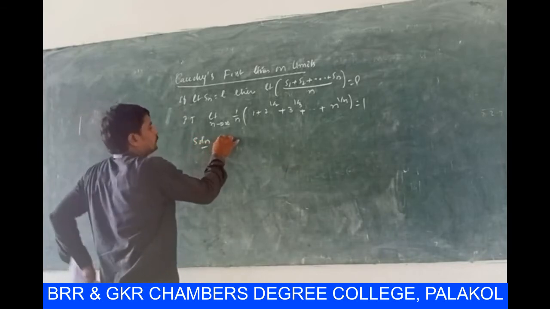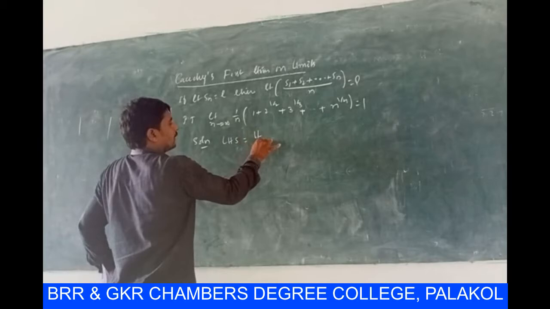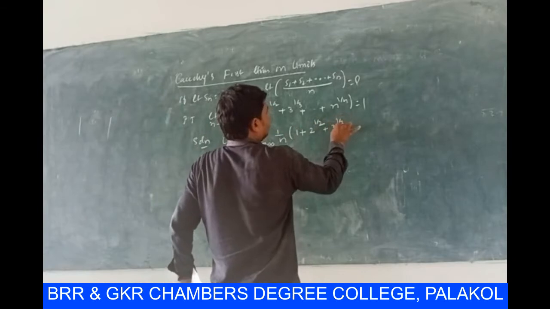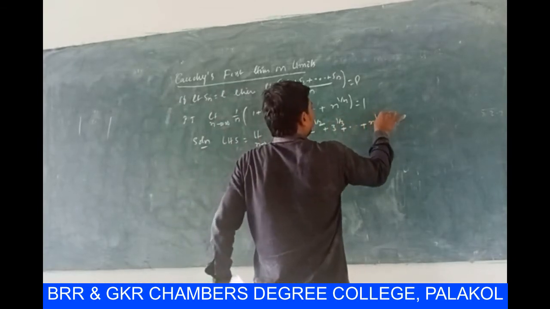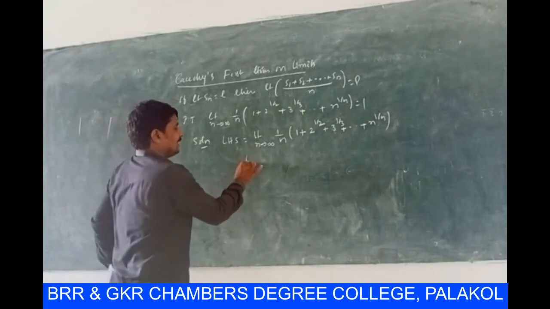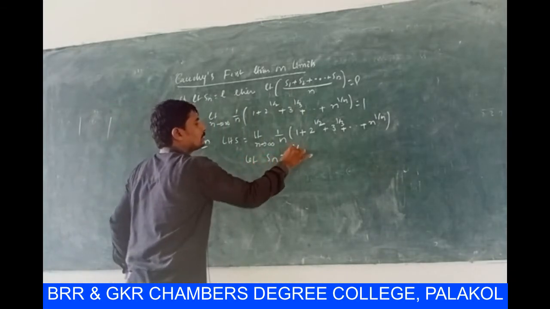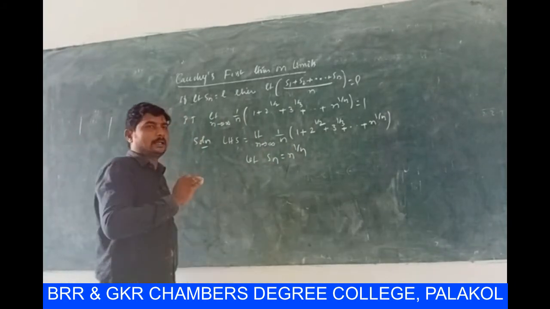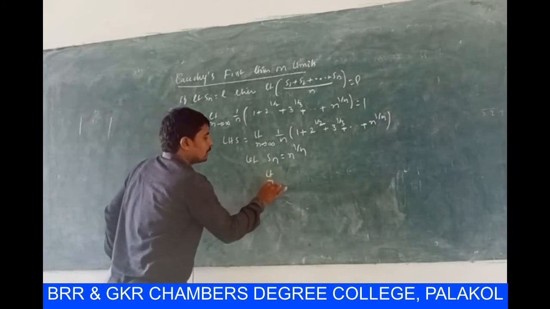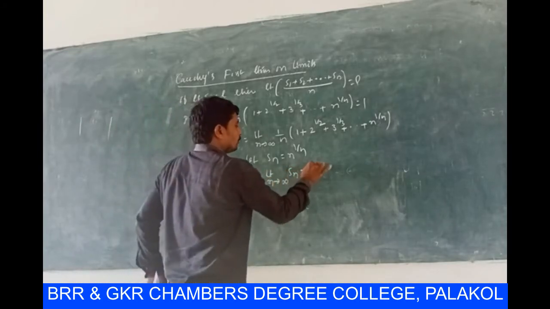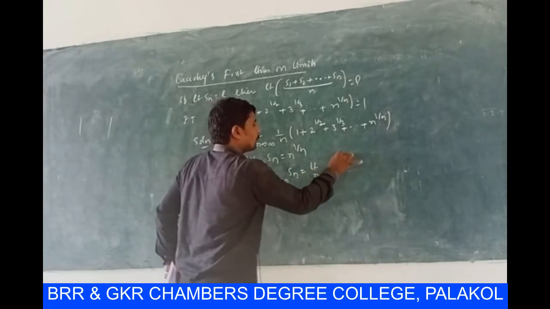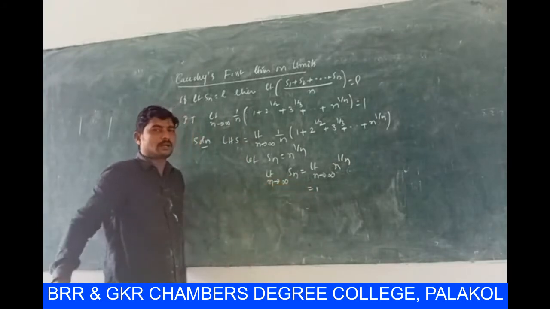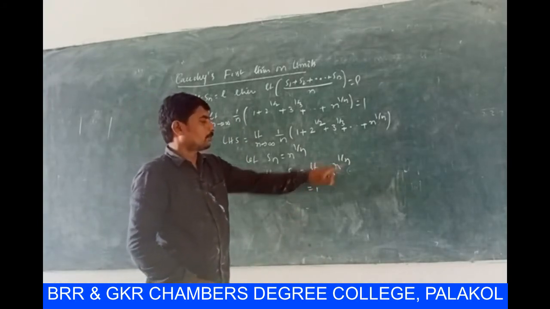So now, the solution. The given problem is LHS equal to limit n tends to infinity 1 by n into (1 plus 2 power 1 by 2 plus 3 power 1 by 3 plus and so on plus n power 1 by n). Let Sn be equal to n power 1 by n. I am taking the last term, n power 1 by n. Then apply the limit on both sides. By applying limit n tends to infinity, Sn is equal to limit n tends to infinity n power 1 by n. But already we know that this value is 1. Since limit n tends to infinity n power 1 by n is equal to 1.